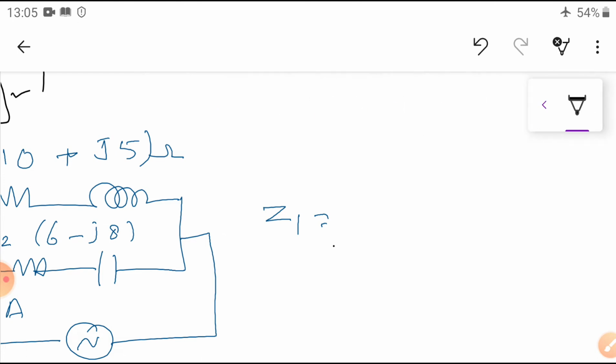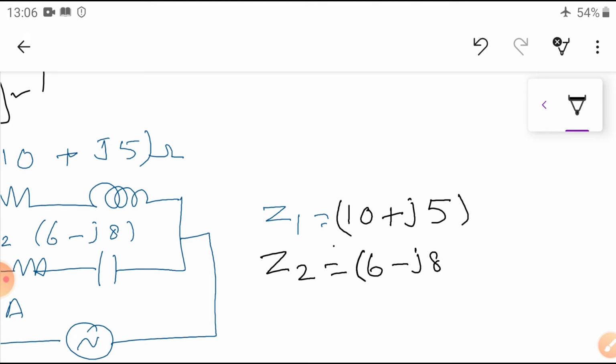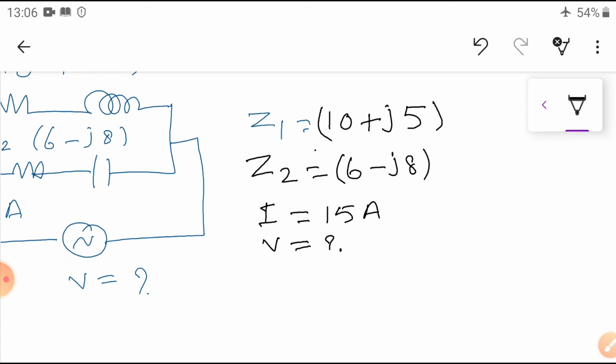Z1 is equal to 10 plus j5, and Z2 is equal to 6 minus j8. Z1 and Z2 are given, and the total current I is given as 15 amps. The required quantity is the voltage,